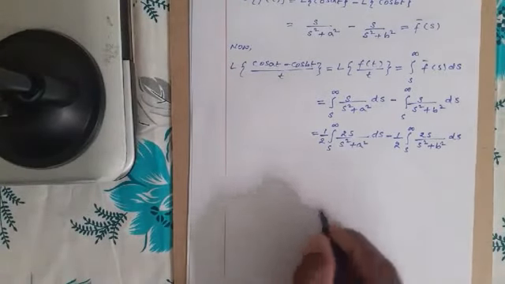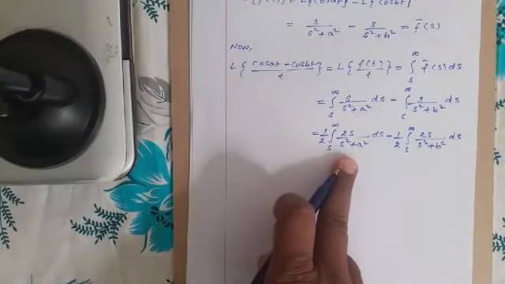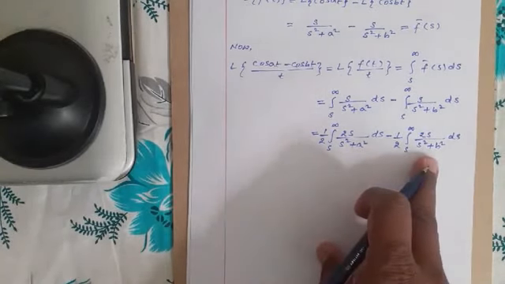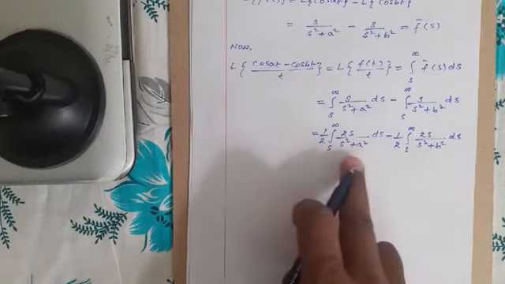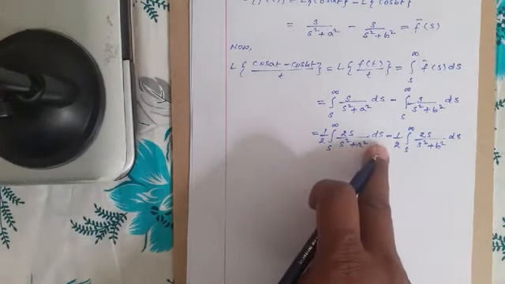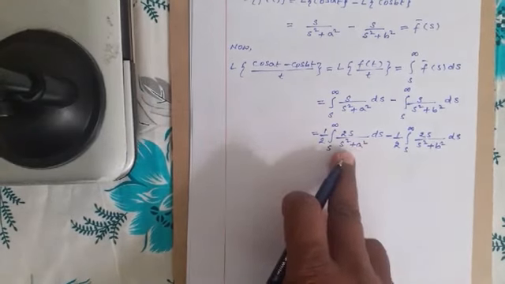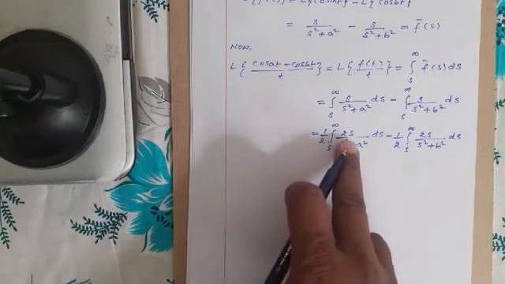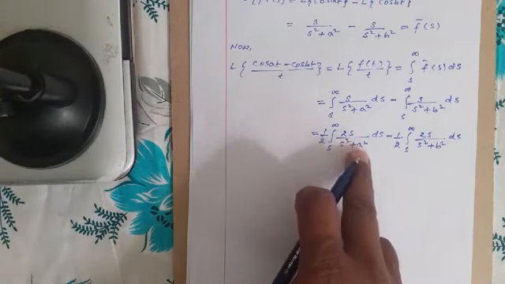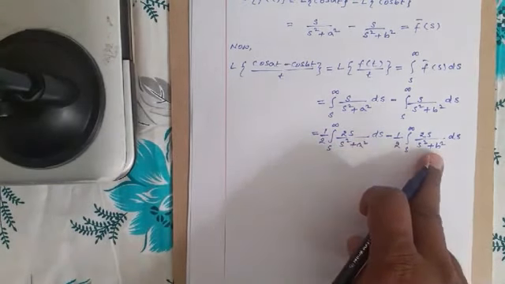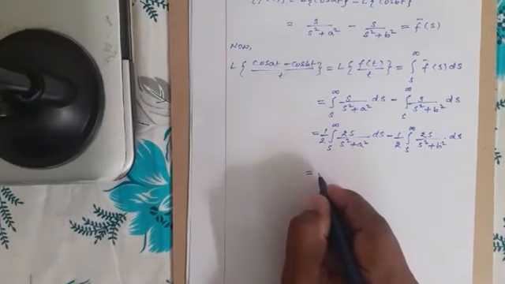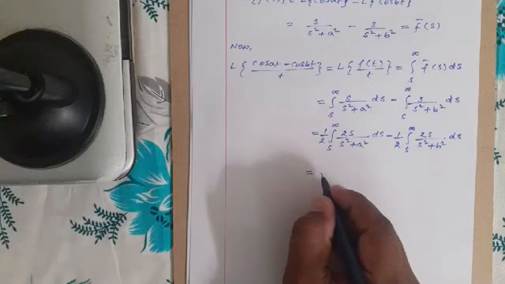Now you can see this is in the form of integral of f dash x divided by f of x. This is also integral of f dash x by f of x. So here f of x is s square plus a square. When you differentiate with respect to s, you will get 2s, that is in the numerator, and a square becomes 0. In the same way it applies here. So now when you have a formula like integral of f dash x by f of x dx is equal to log f of x,